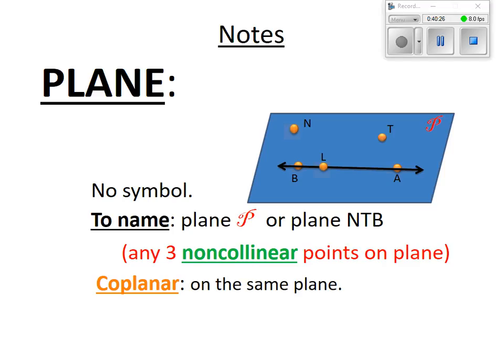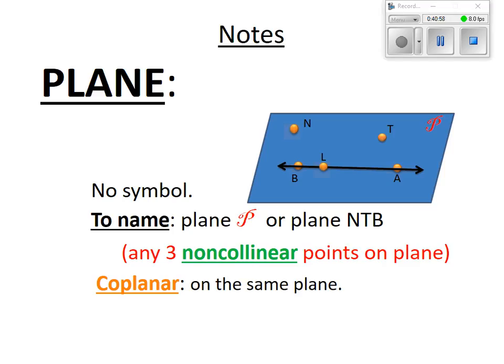And the reason is there's some other plane that runs through here and does this and would contain all 3 of those points. And then if you say plane BLA, well, I don't know if you're talking about this purple plane or this plane. So it's not just that one plane. There's several different planes that could be named plane BLA. So we don't want that. We want our one exact plane. So pick 3 points on the plane that are